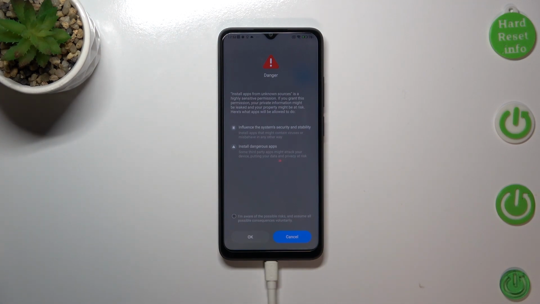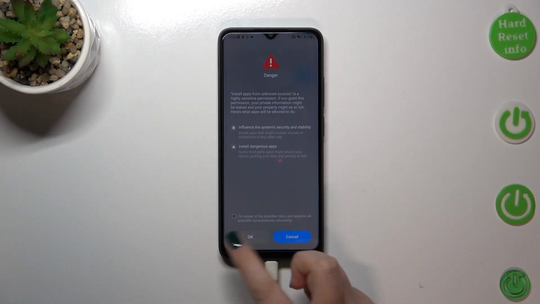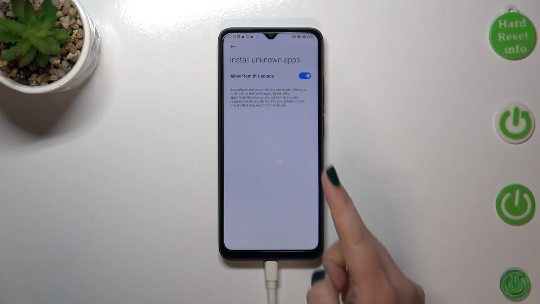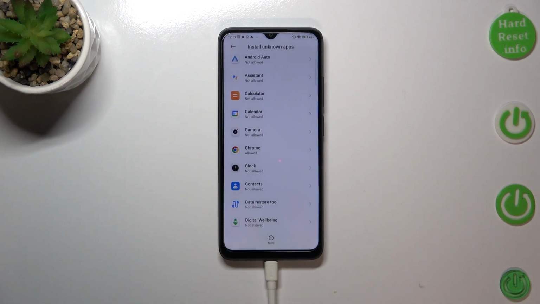So remember about that. Before we will be able to continue, we have to tick this statement that you're aware of the possible risks and assume all possible consequences voluntarily. So let's tap on OK. As you can see, it is right now active, and from now on the Chrome is allowed to install some content, some apps. Of course it will work the same with all other apps,